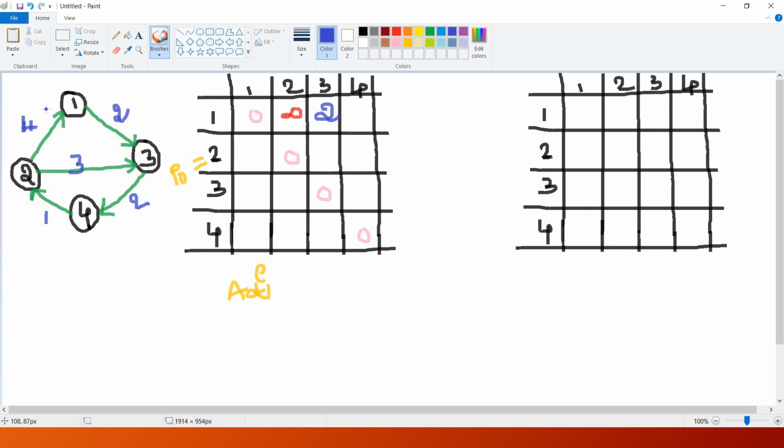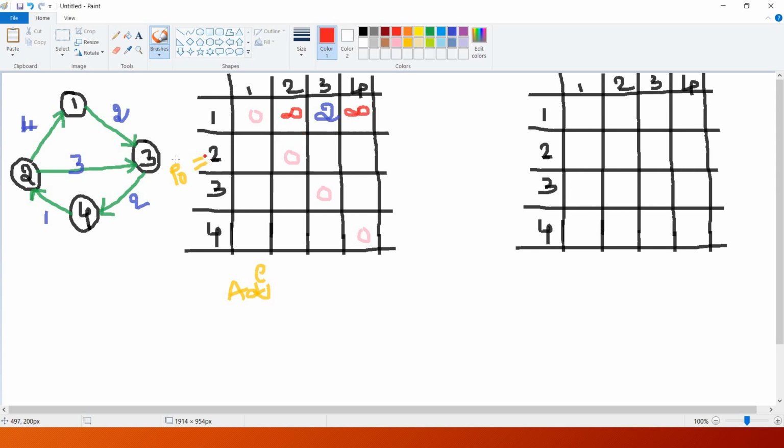So if the graph is a weighted graph, we have to consider that weight. Because 1 to 3 has a weight or cost of 2, I am making 1 to 3 as 2. If there is no cost here, meaning this is not a weighted graph, then consider it as 1. If there is a path, make it 1. If there is no path, make it infinity. That's it. Because I have a cost weighted graph here, I am considering it as 2. So 1 to 4, is there any path? 1 to 2, 1 to 4, there is no direct path. So straight away make it infinity.